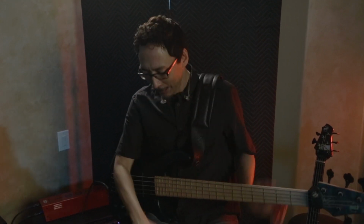And this is a Peterson Strobo Clip HD tuner. I've used Peterson stuff for a long time, used to use the pedal. But anyway,